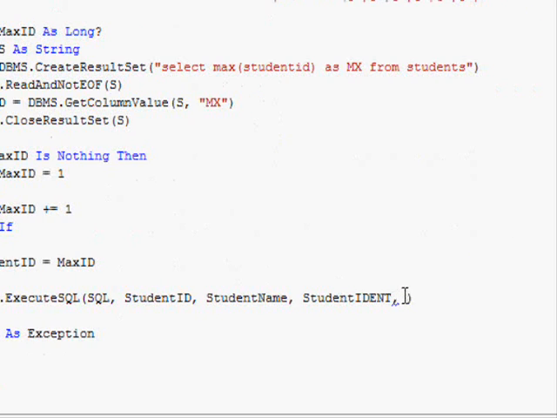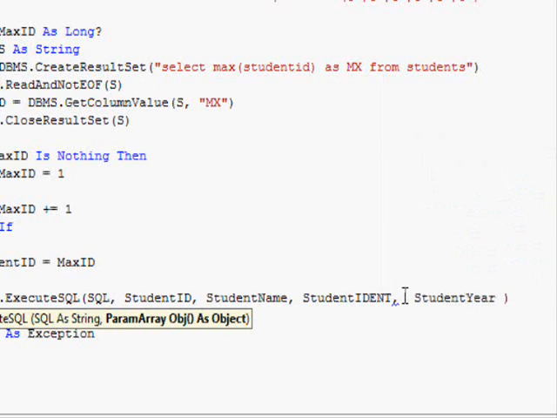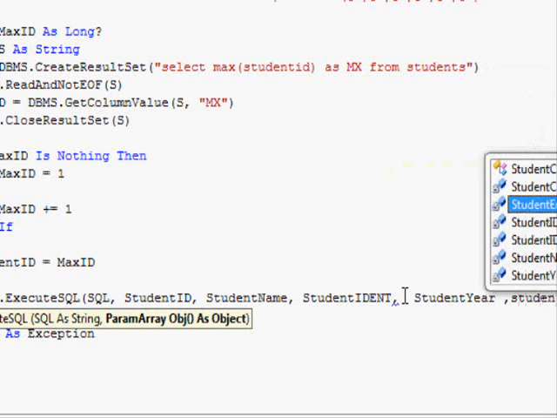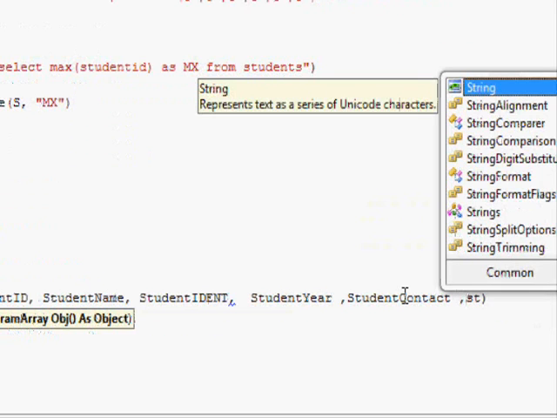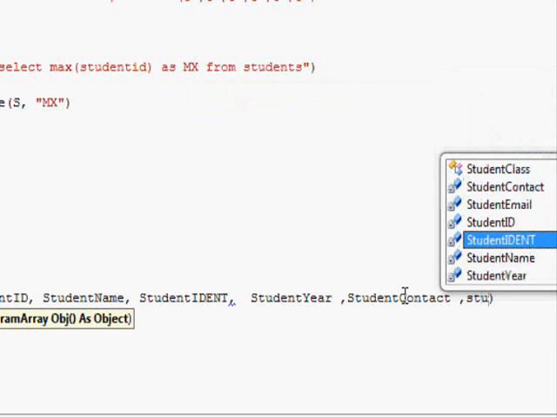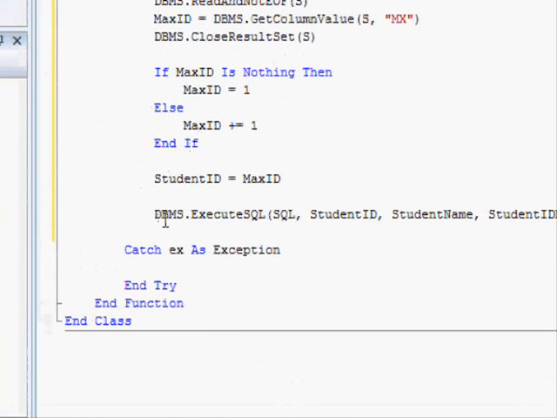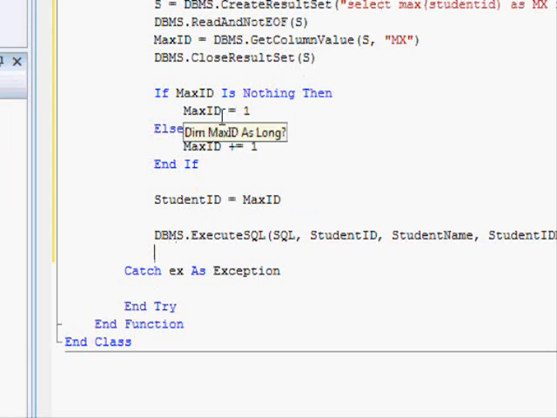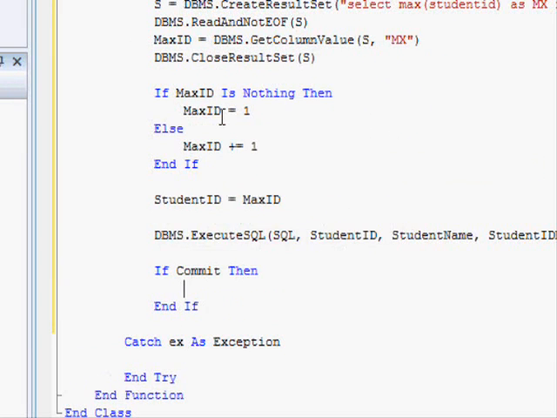We have the year, contact, email. We have student year, student contact, and student email. There we go. So we have all these, and finally after that we just make sure